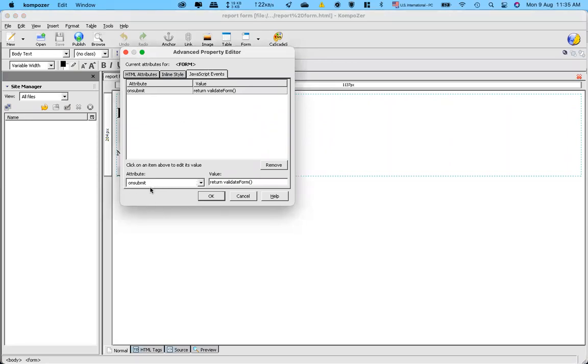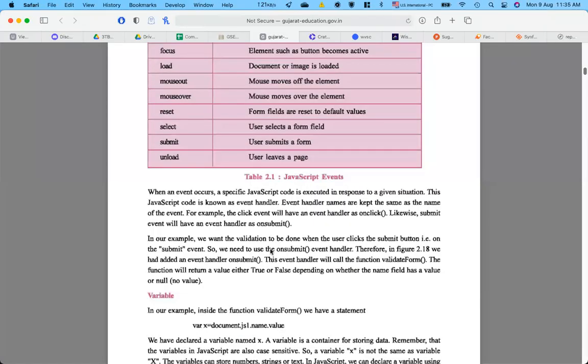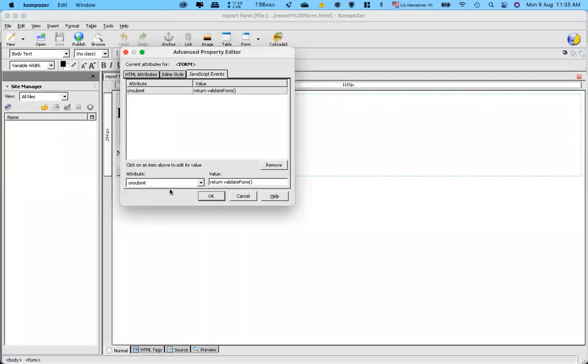So what is this? It is the event handler as described here in our book. Here event handler names are kept the same as the name of the event. So you can understand from this that the onsubmit event handler is activated because we are registering the submit event.